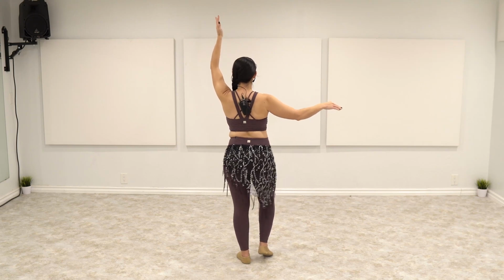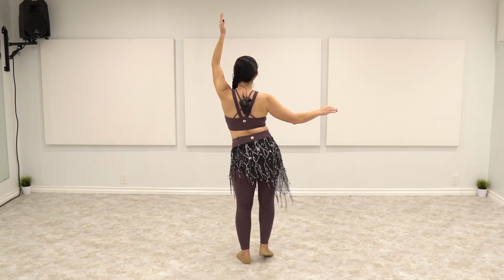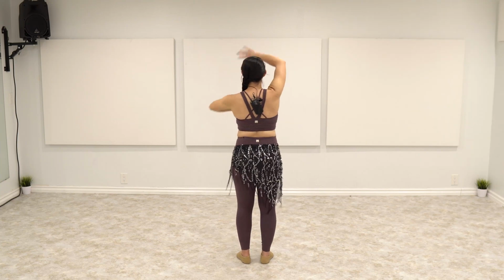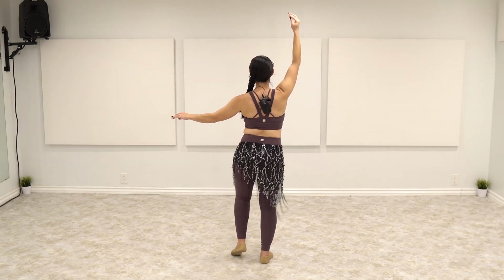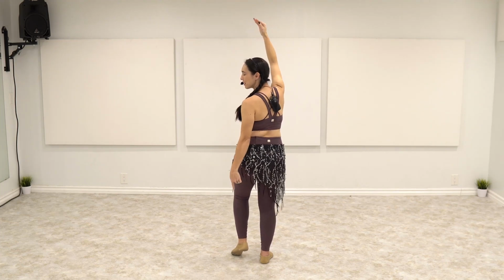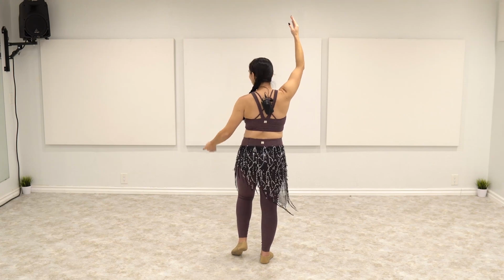So we have lift, lift, lift, lift, lift, lift, lift, and lift. Other side. Lift, lift, lift, lift. You notice my feet stay close together. One heel is lifted, the other one is flat, and I'm allowing both of my knees to bend with the